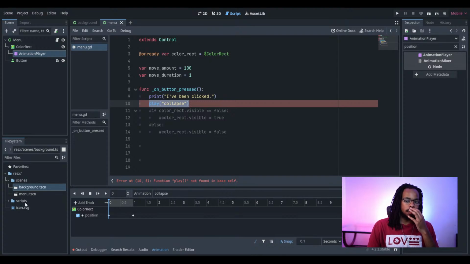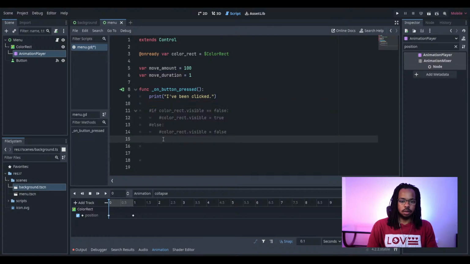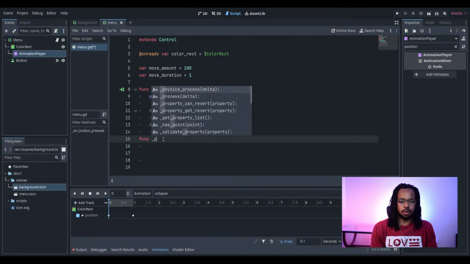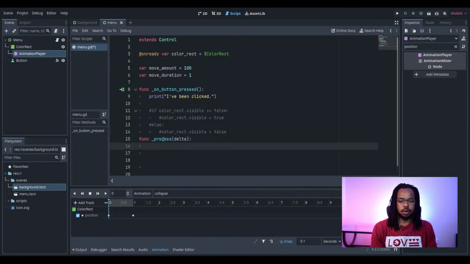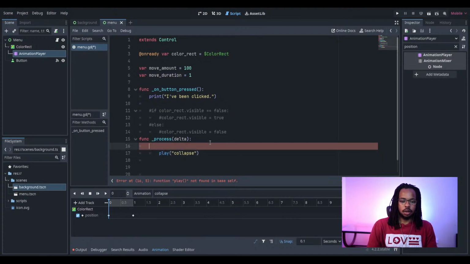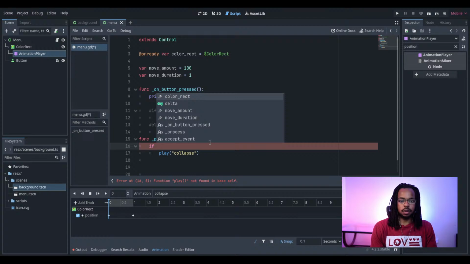No, I don't want it to be ready. Does it need to be delta? So what if we did func _process(delta), play collapse? No. No. How about this? If